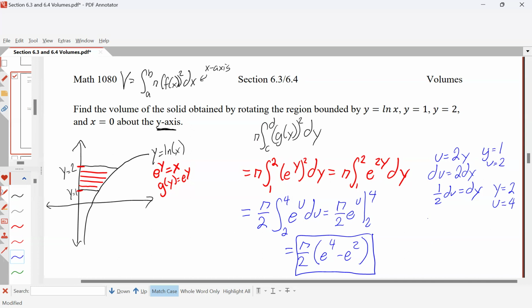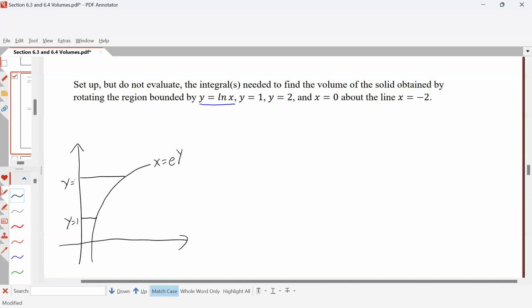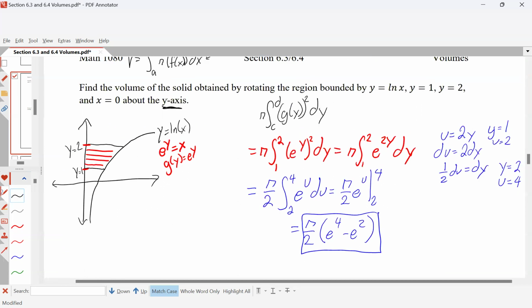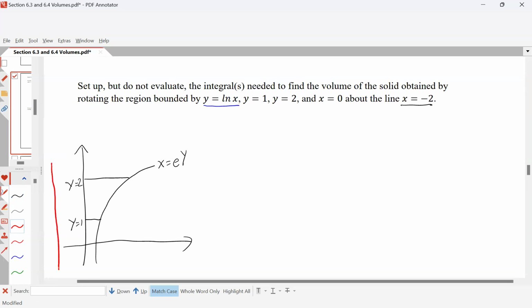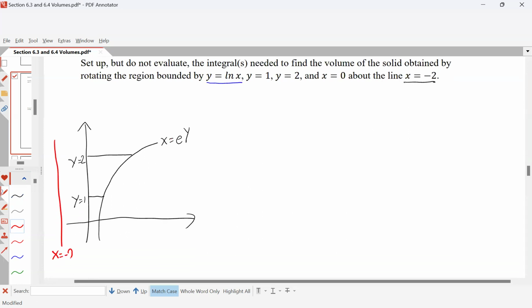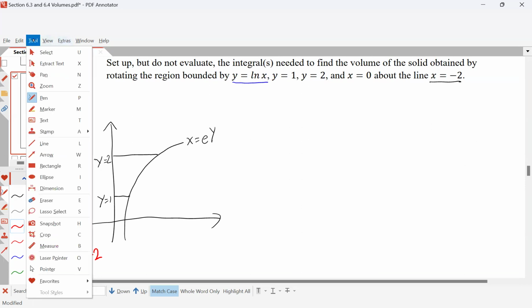Now, for this next problem, everything stays the same. We're still using y equals the natural log of x, or we could say we're using x equals e to the y. We're still going from y equals 1 to y equals 2. But now, instead of rotating about the y-axis, we're rotating about the line x equals -2. That is over here, x equals -2. So when we rotate all the way around that axis,